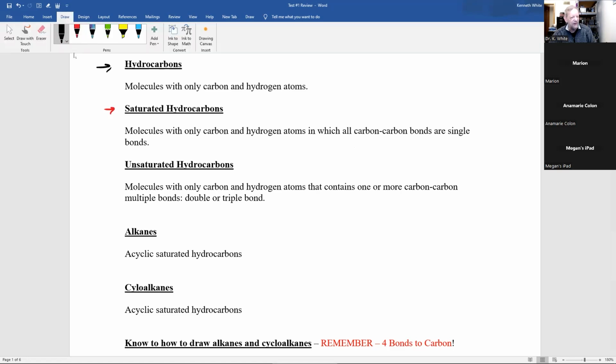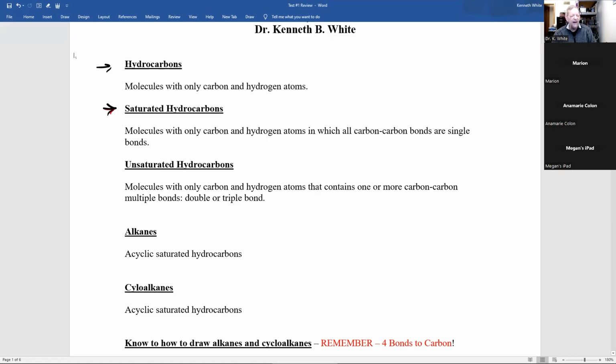That's a molecule with only carbon and hydrogen atoms, in which all carbon-carbon bonds are single bonds. And you should know, what is an unsaturated hydrocarbon? That's a molecule with only carbon and hydrogen atoms that contains one or more carbon-carbon multiple bonds, meaning a